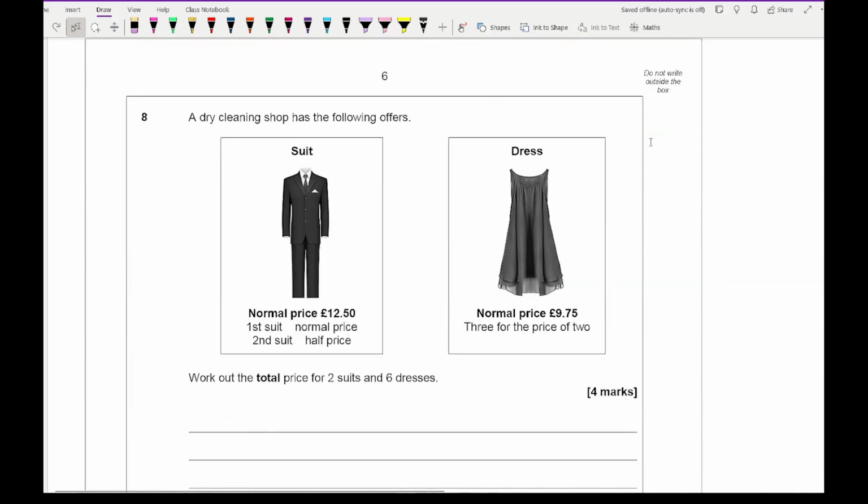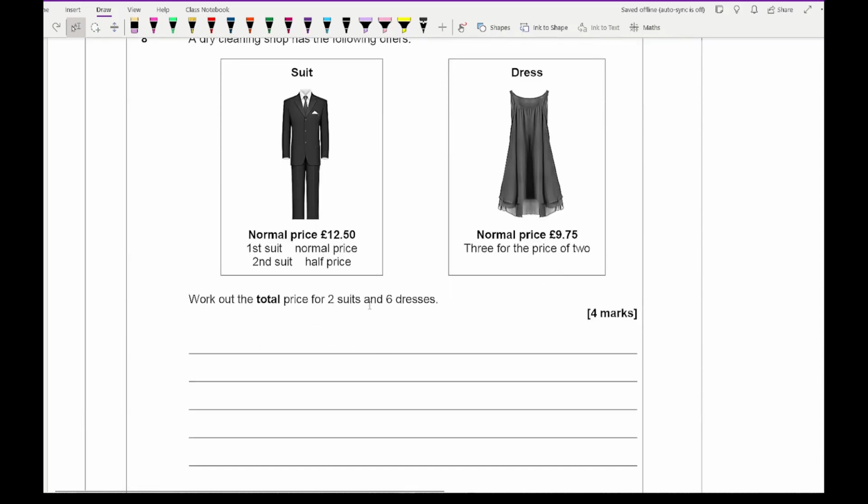Then moving on to question 8, it says that a dry cleaning shop has the following offers, and it says work out the total price for 2 suits and 6 dresses. So looking at the suits to begin with, we've got 2 suits, so we're going to pay for one that's full price and one that's half price. The first suit is going to cost £12.50. And then the second suit is going to be half of that, and half of £12.50 is £6.25, giving me a total of